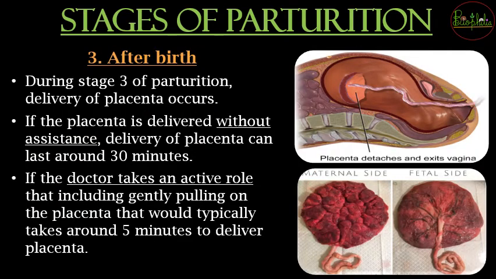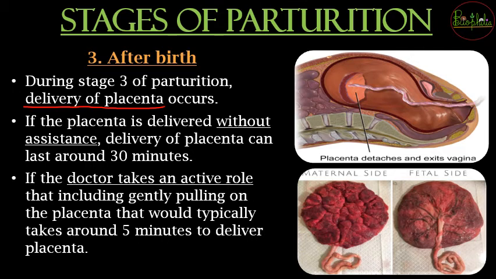Now the third stage of the parturition is called afterbirth. Afterbirth means once the fetus has been delivered, उसने first cry दे दिया है, the baby has been clamped and separated from the mother's body. But still the placenta is going to be intact. So during the third stage of the parturition, the delivery of the placenta is going to occur. Umbilical cord का एक पार्ट हमने कट करके सेपरेट कर दिया है फीटस से, but the rest of the part has to be removed from the body.